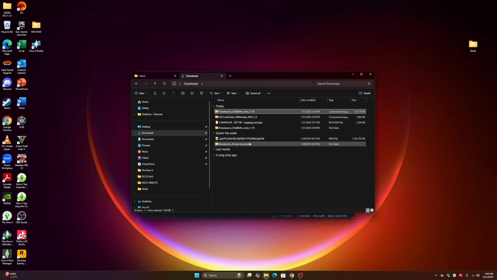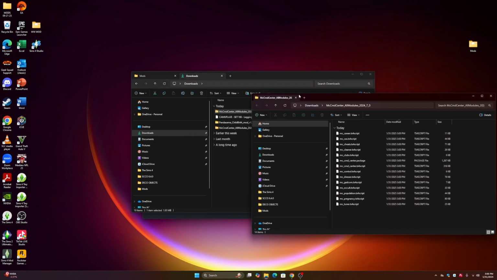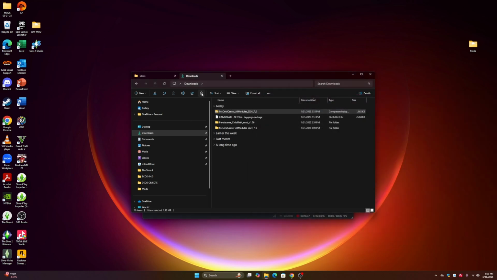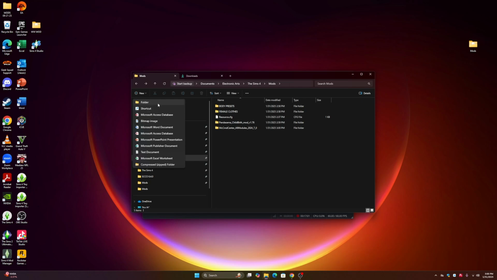So now that I have this folder right here, actually, I'm going to close this because it's confusing me. Now that I have this unzipped version of it, I'm going to go ahead and delete the zipped one because I don't need it anymore. I'm going to do the same thing for MC Command Center. It's going to unzip the file, and now I'm going to delete that one too. With this, we can drag and drop this directly into our mods folder. But because, again, I am an organized person,